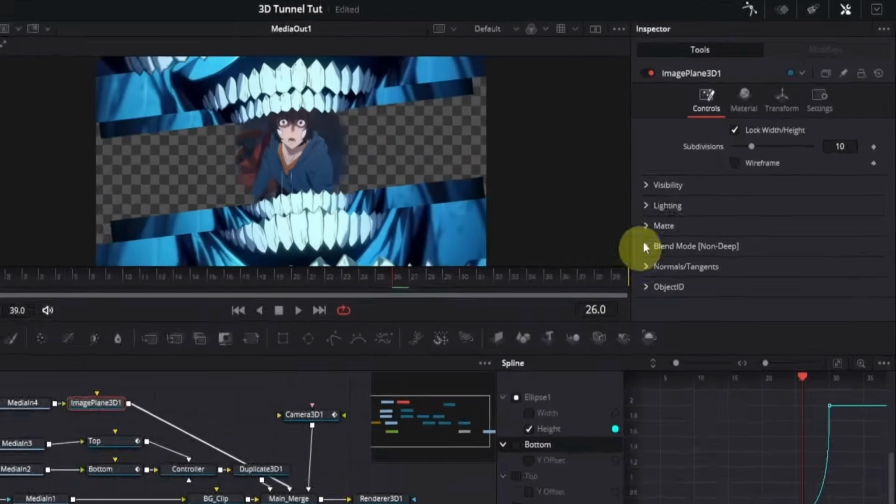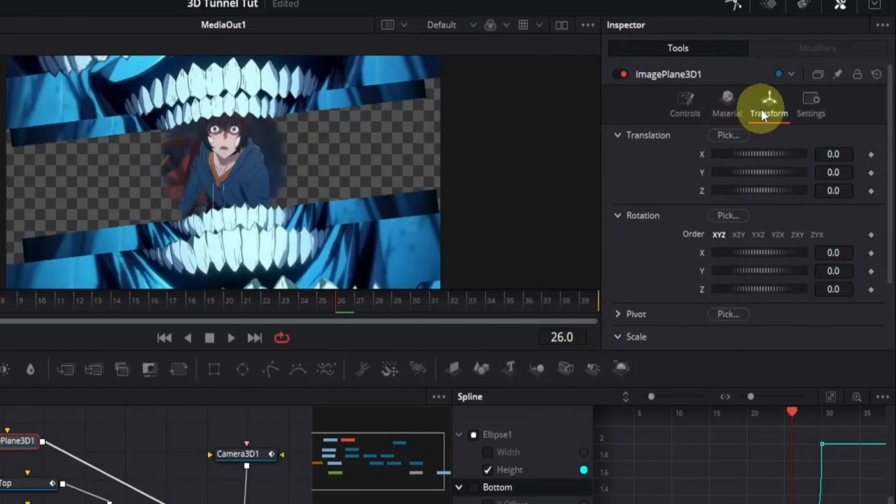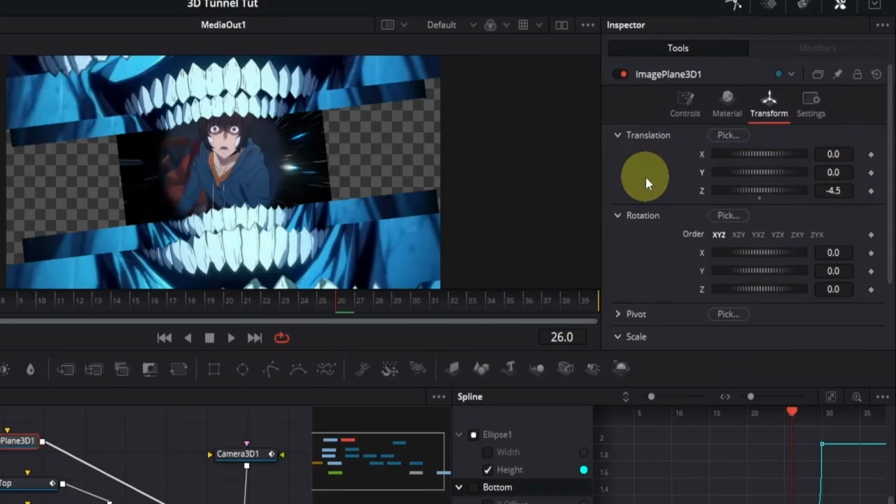So let's go to the inspector, then switch to the transform tab. We need to adjust the Z offset. Now since this is a background, it will be behind everything. So let me just double click on the Z offset box and change the value to something like minus 4.5. Let's click here to apply the changes, and now we have our starry background, but it's actually quite small,